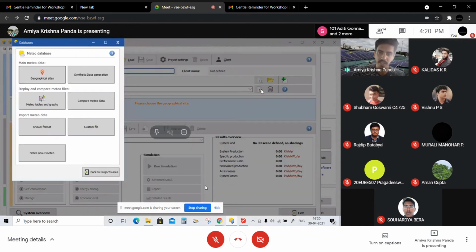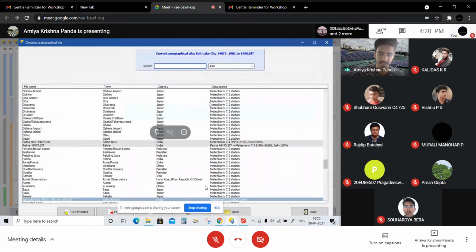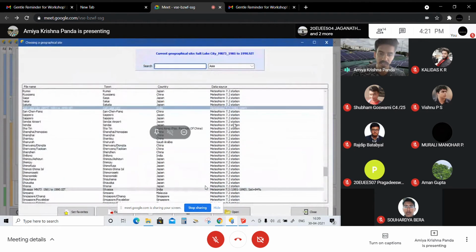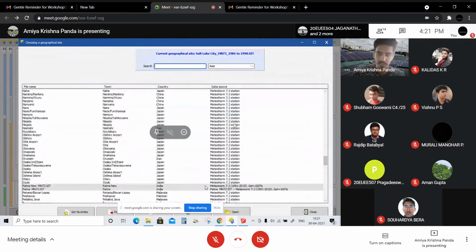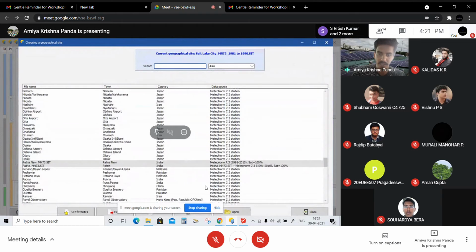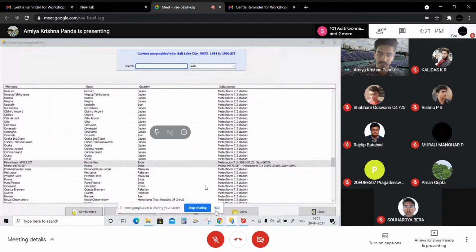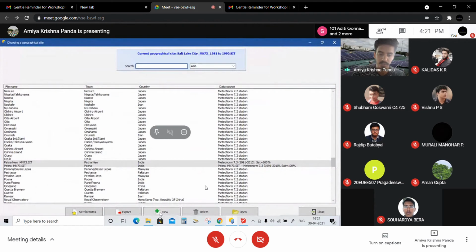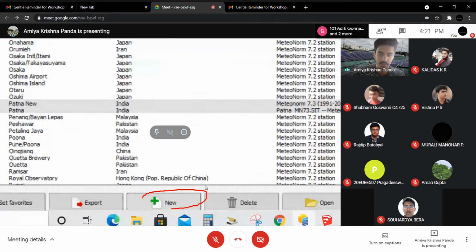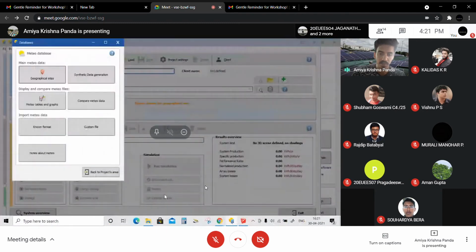In the Meteo file there is a small tab, and go to the geographical sites. When you go to the geographical sites, you have to create a new site, right? So to create a new site, here you can see the new option, this one. So click on it.